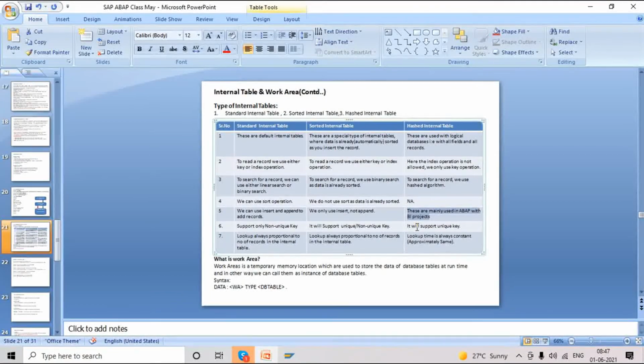So they run the data through unique values only. That time they prefer hashed. But in our normal ABAP developments, we might be working with unique values, or sometimes we have to work with non-unique key values also. That's why we mostly prefer the standard internal table.